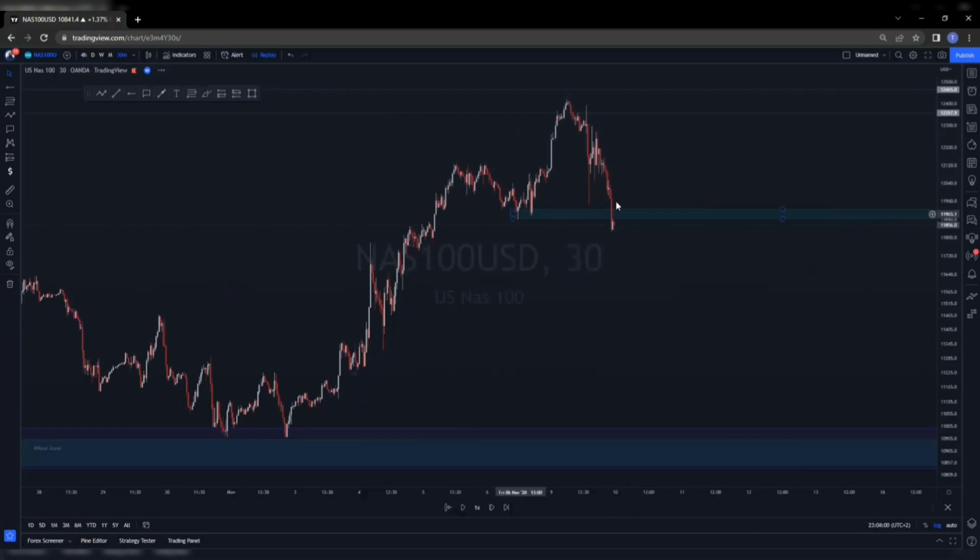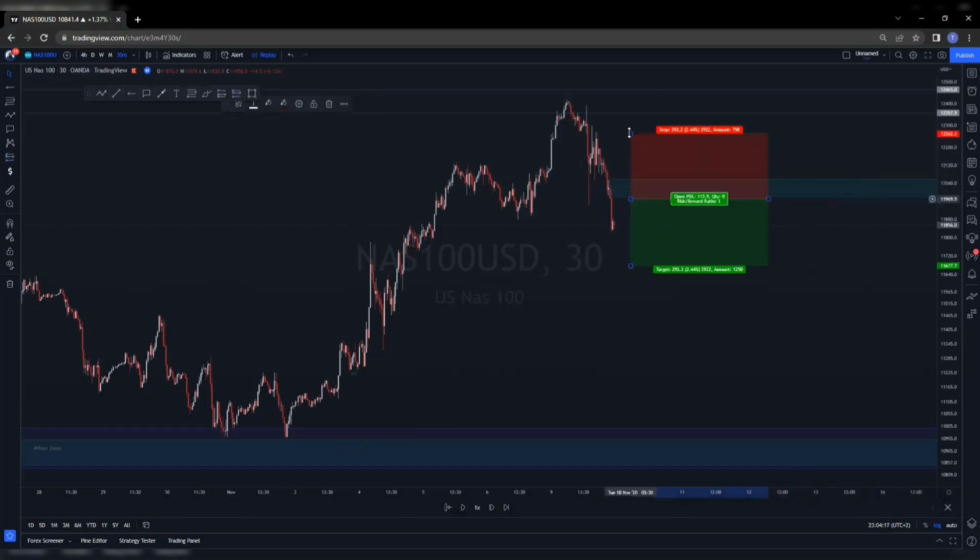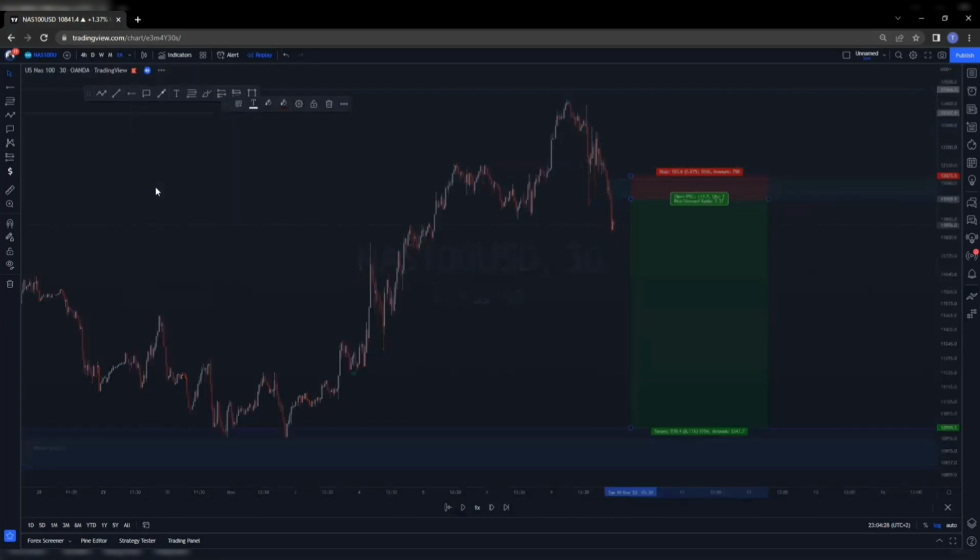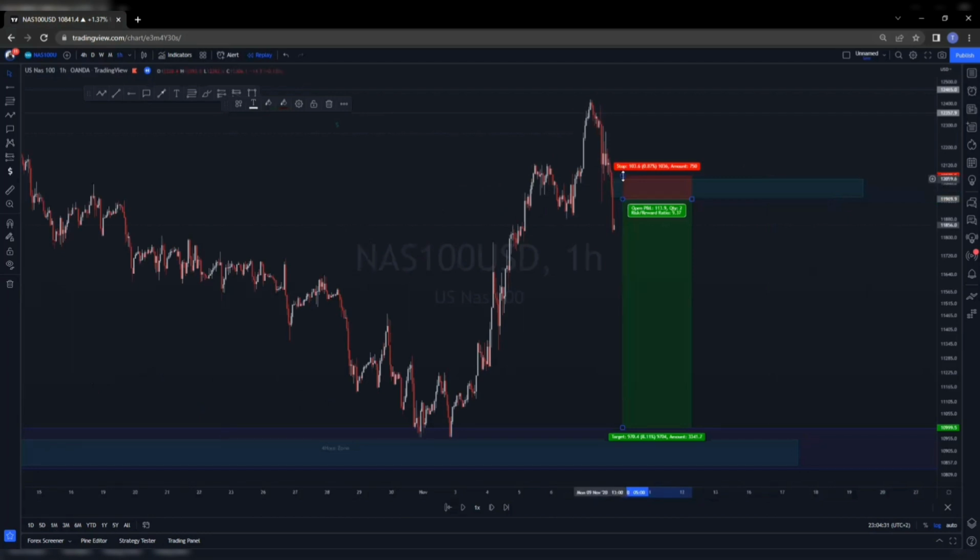We have a break of structure. We have an imbalance over here. The only place where I see a valid entry opportunity is here. But it's a high risk. It's a high risk trade because I don't see a trade anywhere else. If we go to the higher time frame, the 1 hour, there is no other zone. This zone right here has too many wicky candlesticks, so the base alone disqualifies it. We don't have an imbalance going towards the upside, so